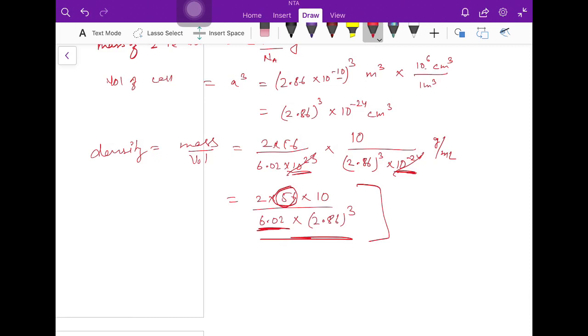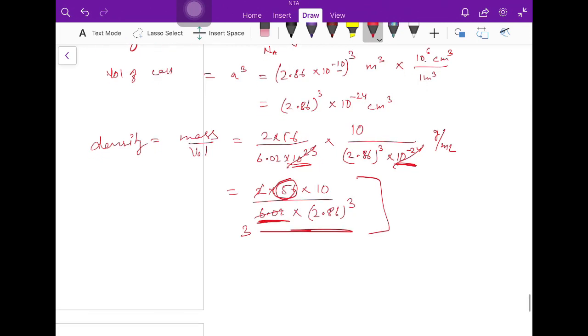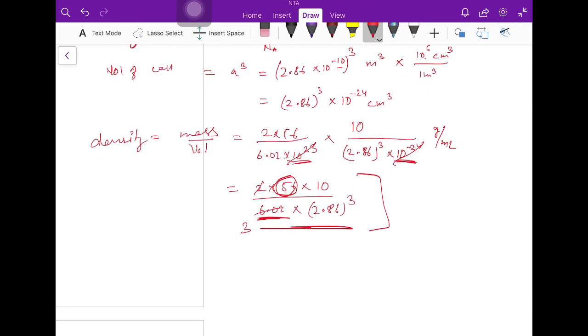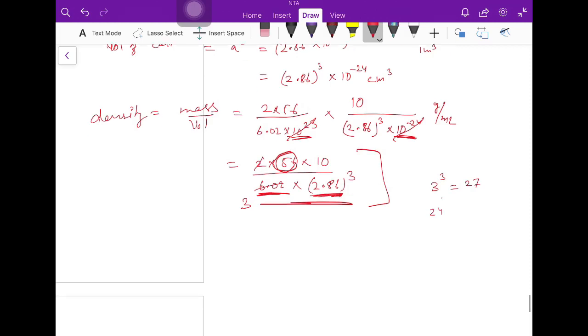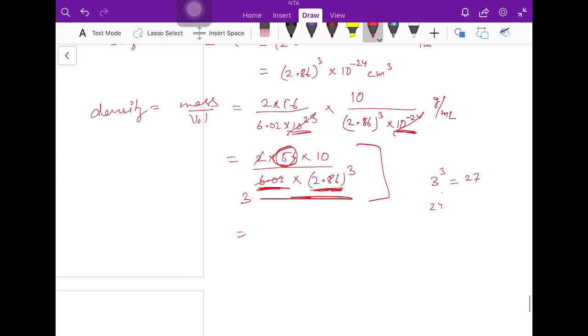Like if we solve, so 2 gets cancelled out, and this becomes approximately, so we are solving it with a very near approximation. So what we are left with is 2.8 to the power 3. See, 3 cube is 27, so this is near to 2.9, greater than 2.8 actually. So it will be somewhere near 24, 25. So this will be 56 into 10 upon 3 into 24. It's only an approximation we are doing here.